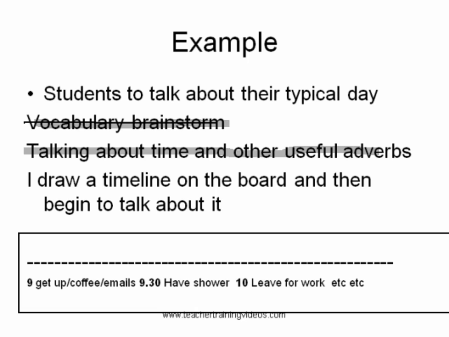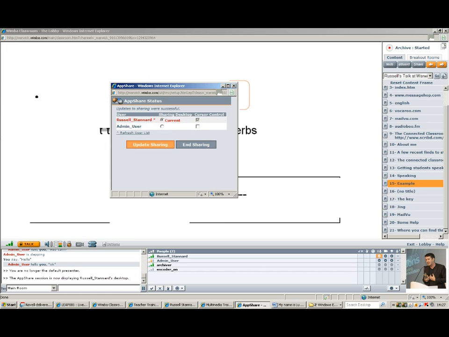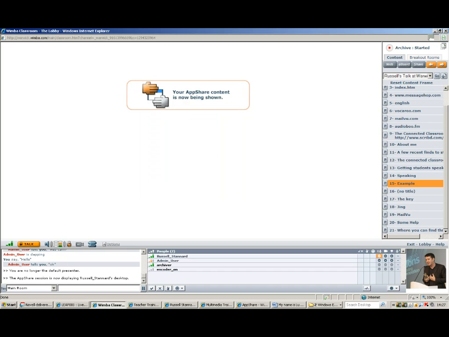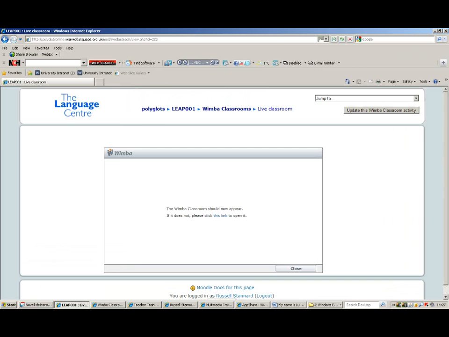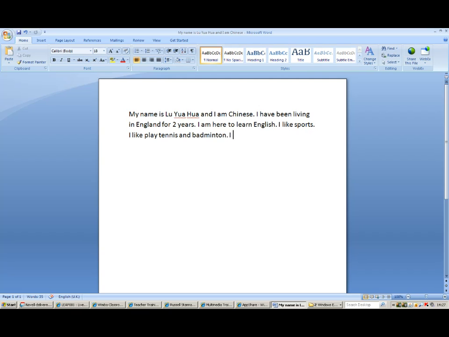Now it's asking me what part of my screen I want to share, so I'm going to tell them desktop. That means everything on my screen, in a minute you should be able to see. So I'm going to click OK. And I'm hoping now that you are able to see my screen. It's telling me that everything's going okay. Hopefully now you're able to see everything that's on my screen here.